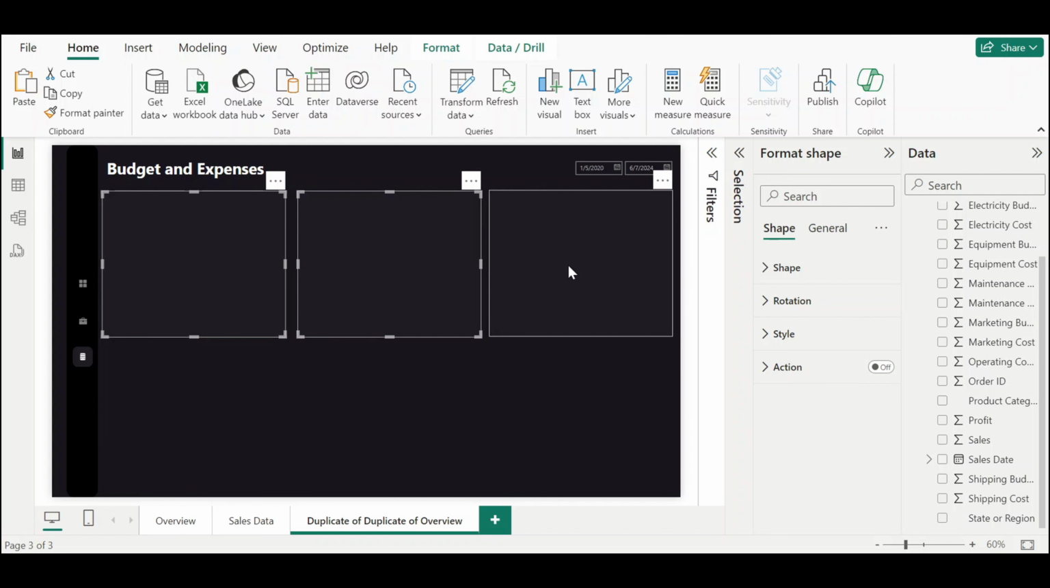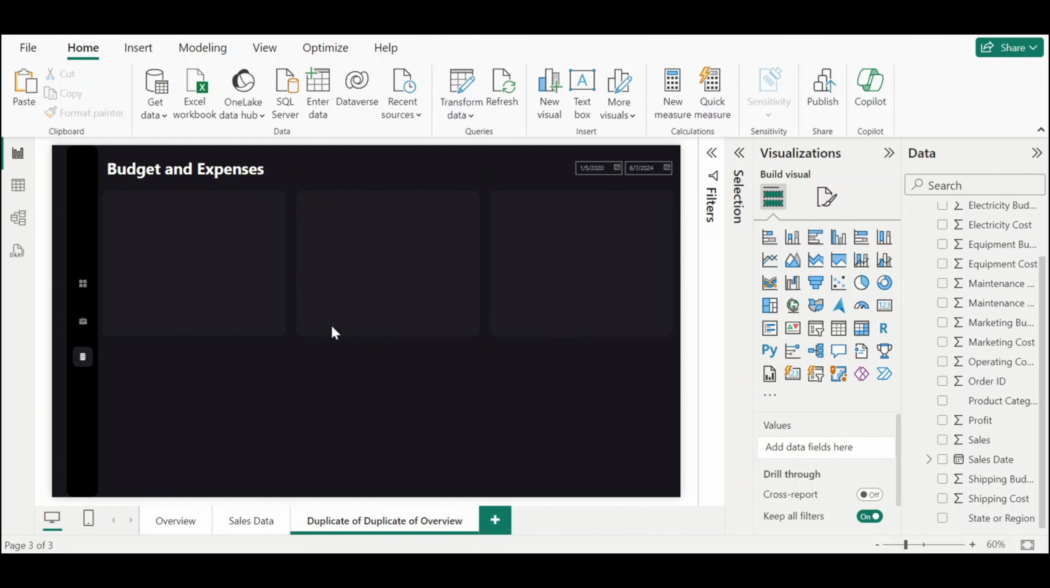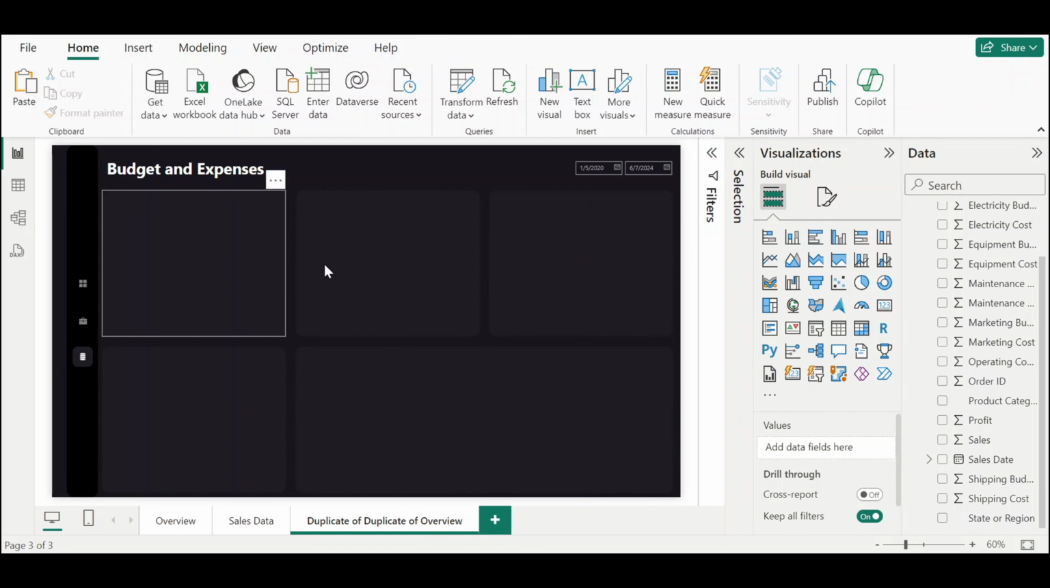Like this. I can align them to the top and then horizontally. And we need 2 of them down here. So just select and copy. For the last one, we can just drag it till here. Okay, so we have six different